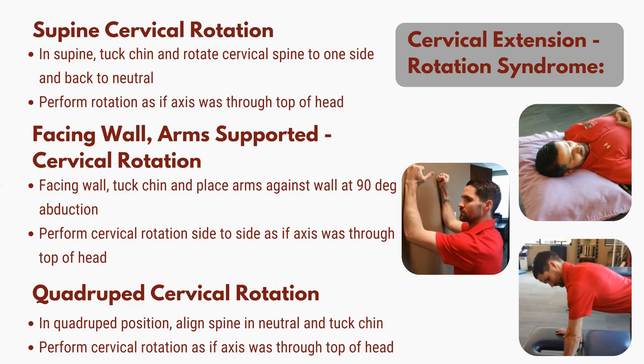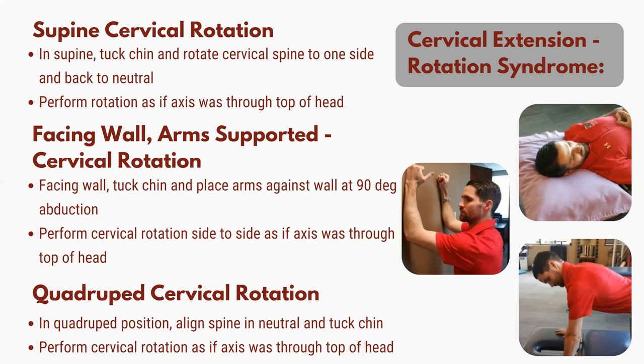Then we'll have facing the wall with the arms supported. The patient will hold their arms at about 90 degrees of flexion, and then they will form a slight chin tuck and rotate their head side to side. I'd go to one side and back to neutral for the number of repetitions and then repeat on the other side, all while maintaining, again, that same single plane of motion with that axis going through the vertex of the